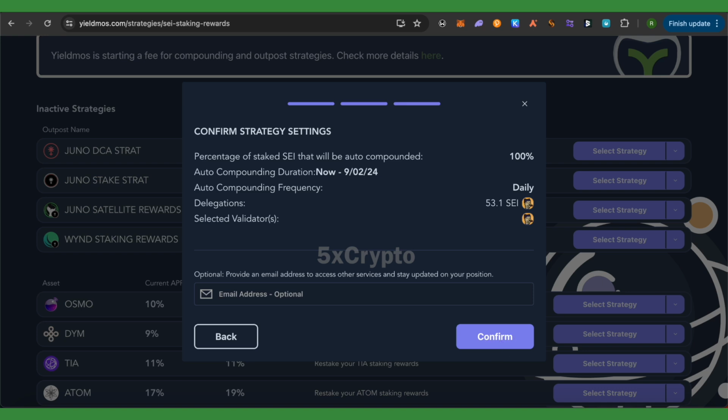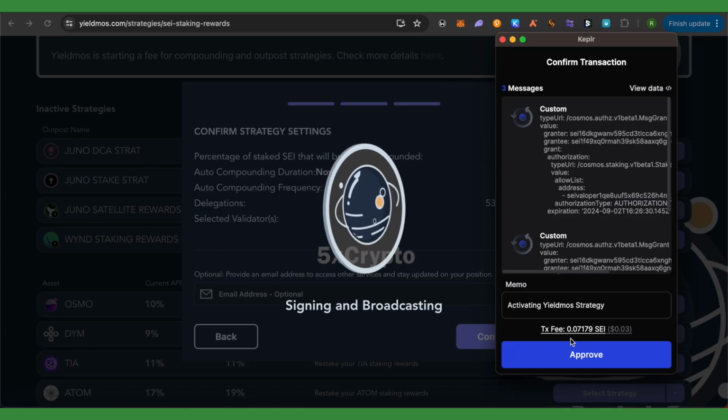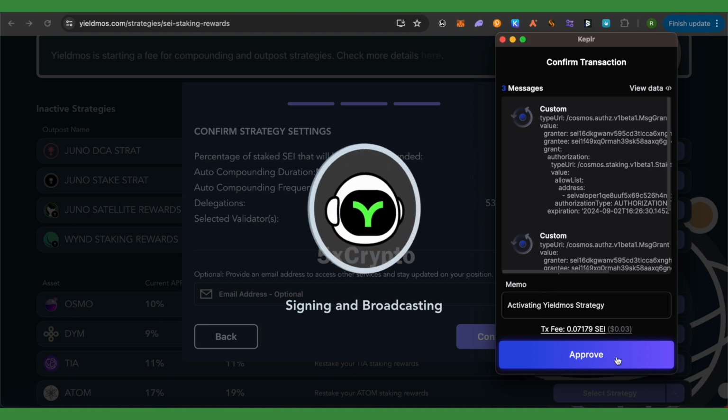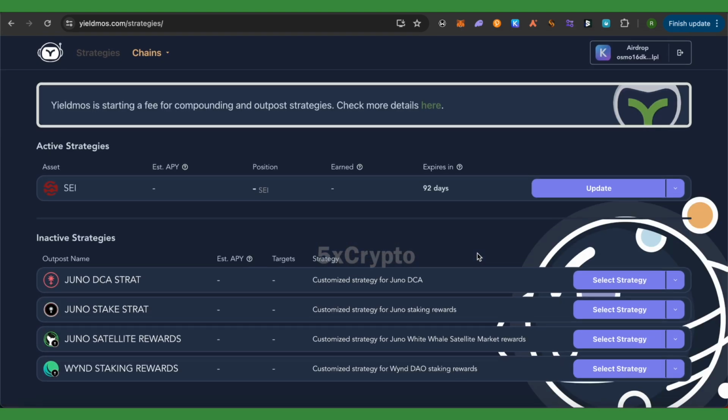Then click on confirm, then it will wait for this particular transaction. Now approve this transaction, and this way you have staked SEI using Keplr wallet, and this is how you do